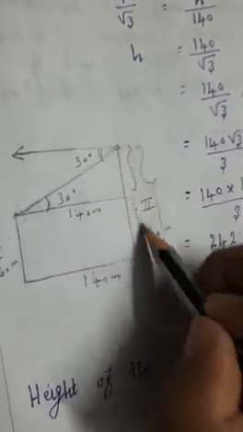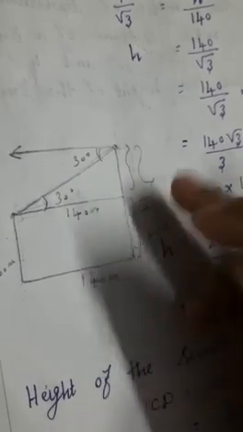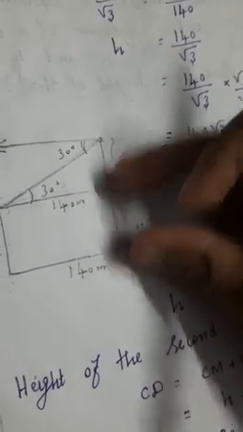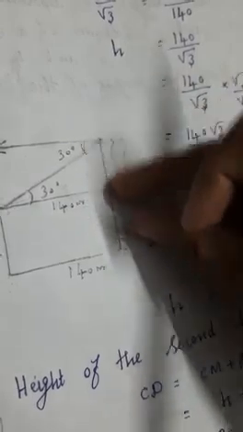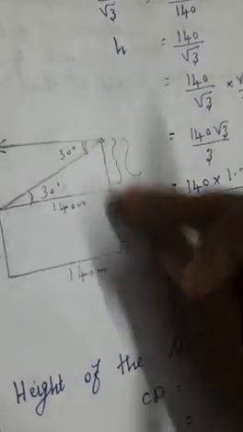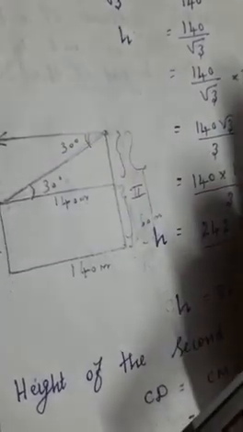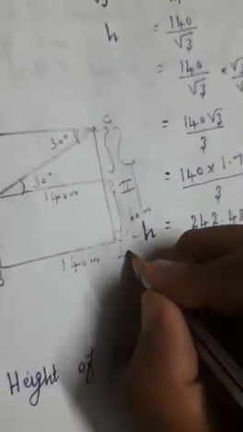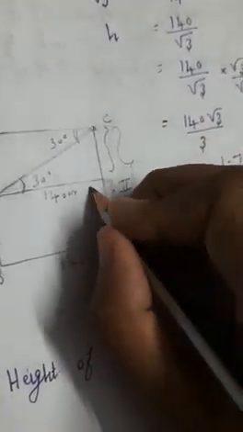Full distance means the height of the second building they have asked, but this distance you know is 60. This much distance is what we need. If you add both, you can get the height of the second building. Have you understood or not? Now make the letters A, B, and here C. Anyway, you can put any letters. So C, D, and here we have taken M. This distance is what we need to find out, and you can consider that distance as a height.